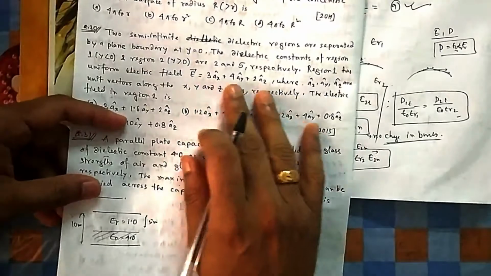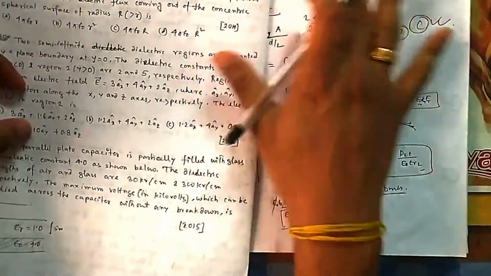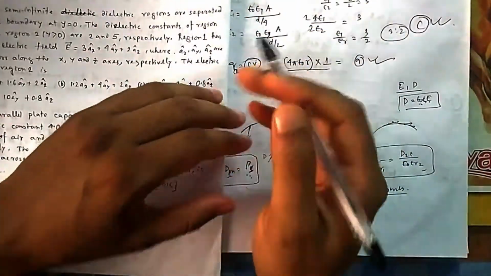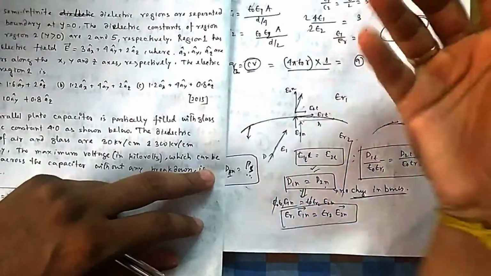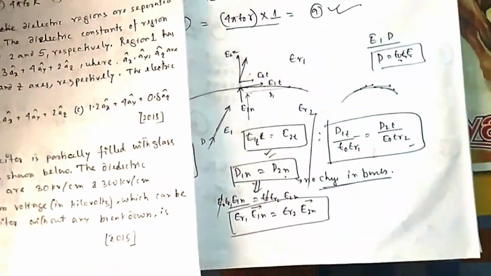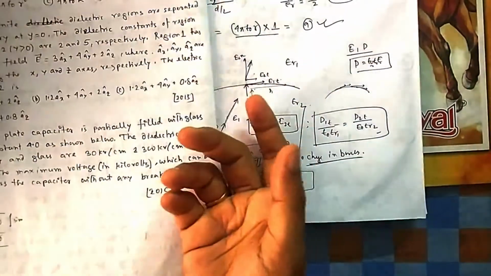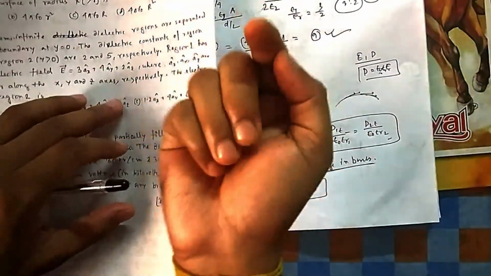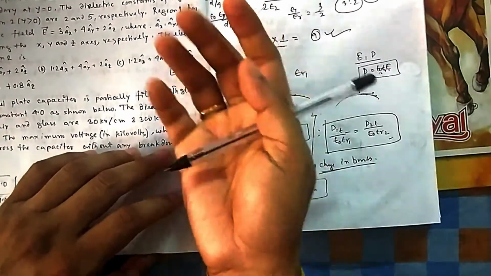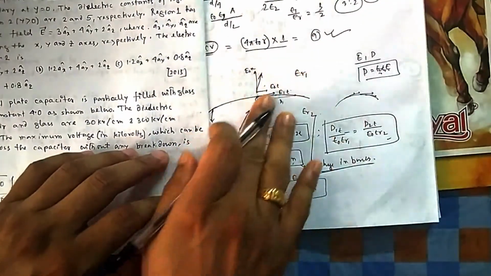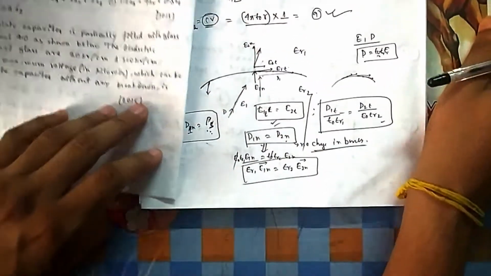Because it is kept in the xy plane and the separator is y, if you move from below the table to above the table, the dielectric changes, since just below is a different dielectric and above is different. So if you want to move from one region to another, this is the boundary. You come from the bottom to the top, and you will cross this boundary. What is its normal component? If you move along this surface, that is the tangent, so the x and z components are tangent.